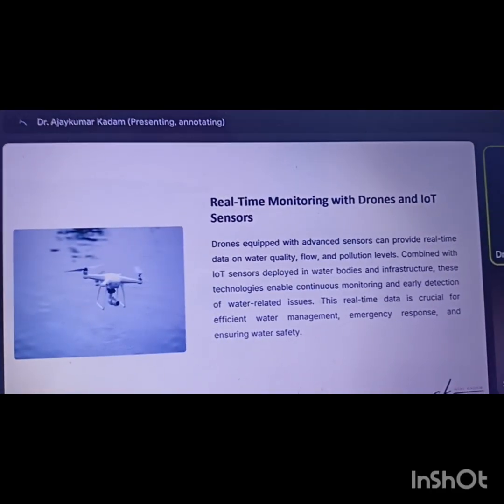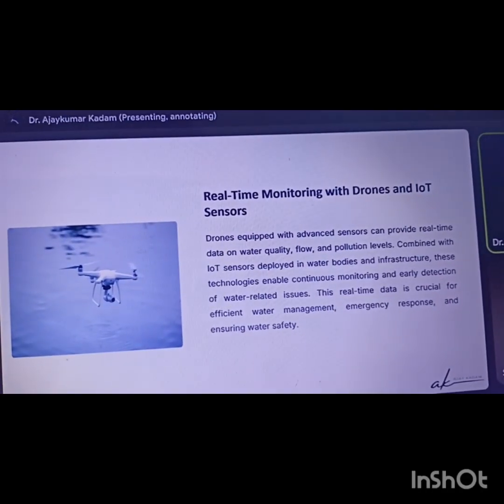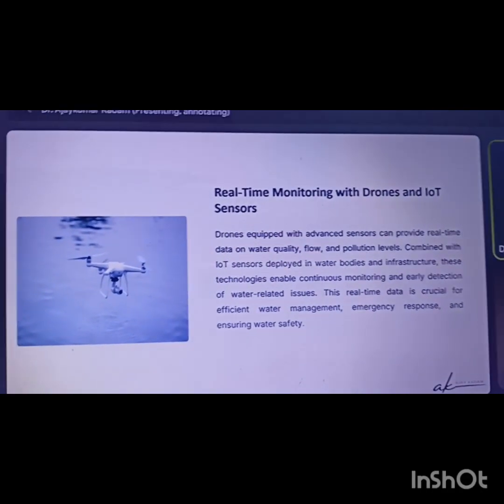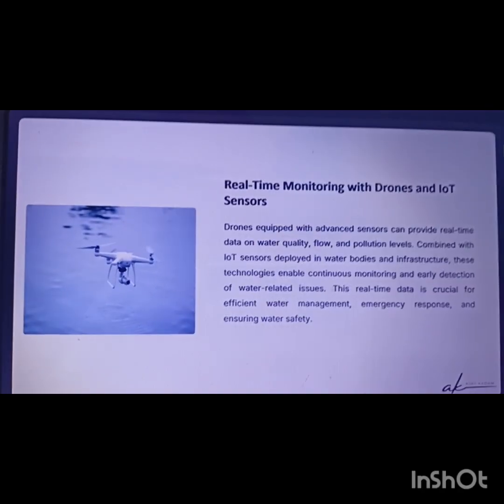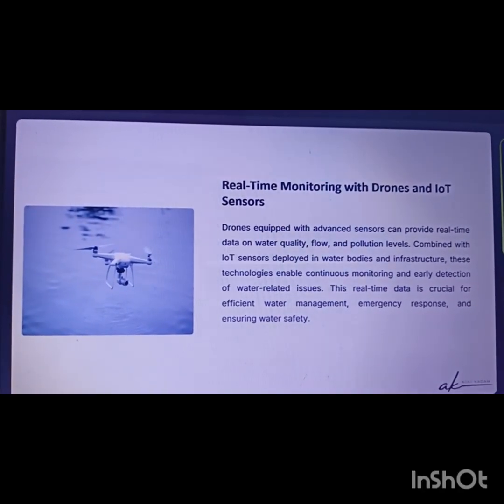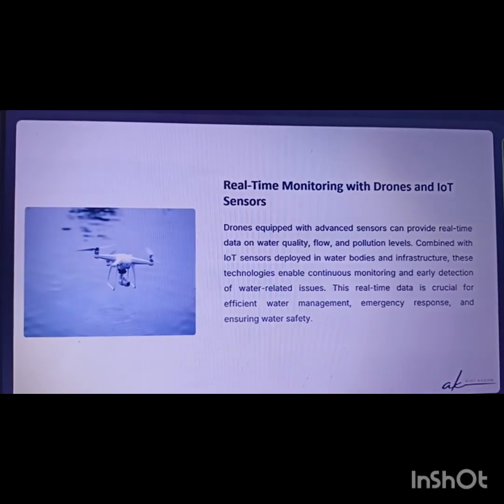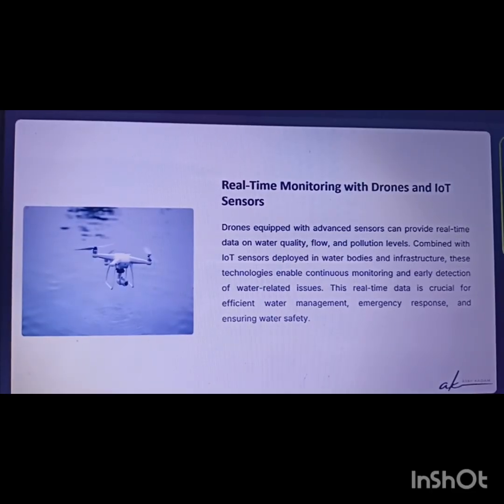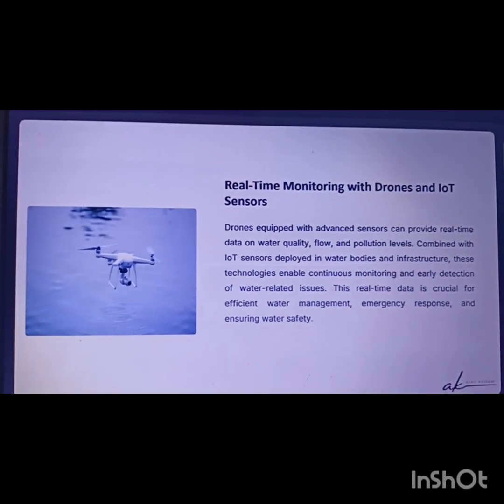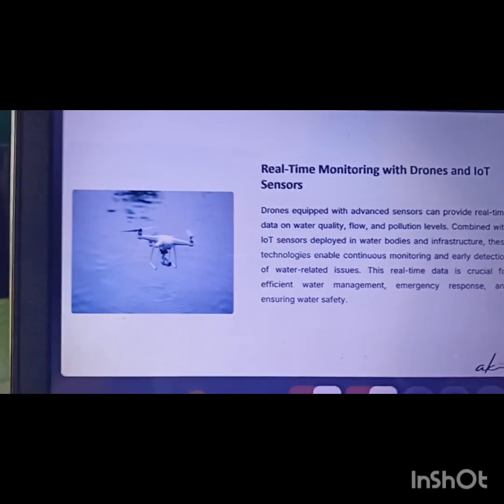And also, because we generally work in most areas, we also have drone data. So real time monitoring with the help of drones and IoT based sensors will majorly help in many projects of water resource management, because